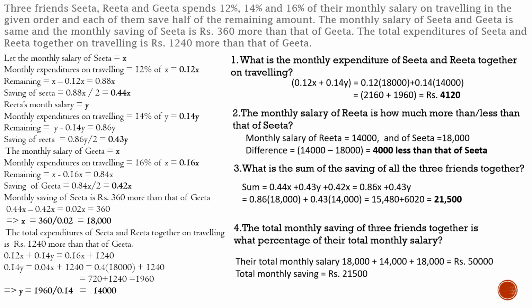So the total income is 50,000 and the total saving is 21,500. You can use it from question 3. Therefore, the percentage will be 21,500 divided by 50,000 into 100